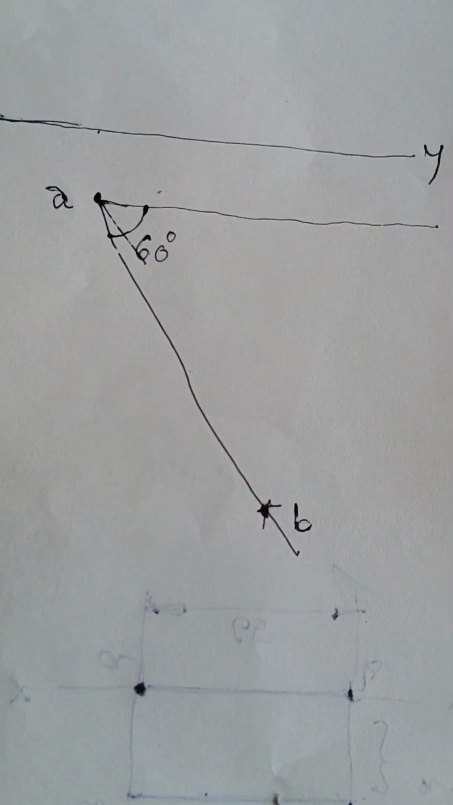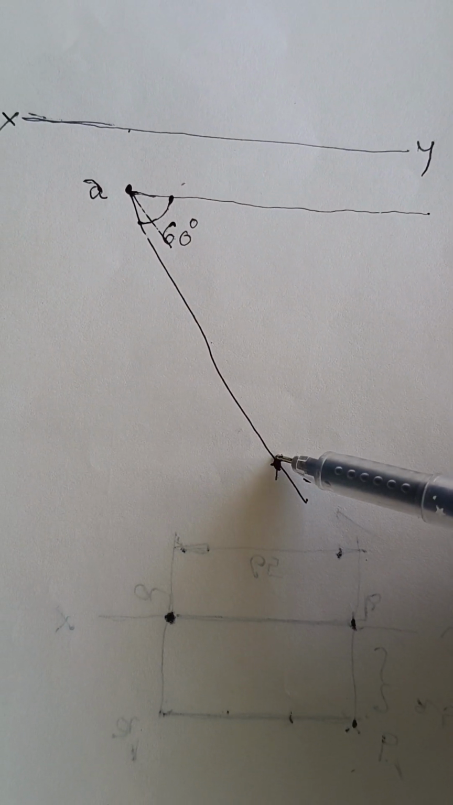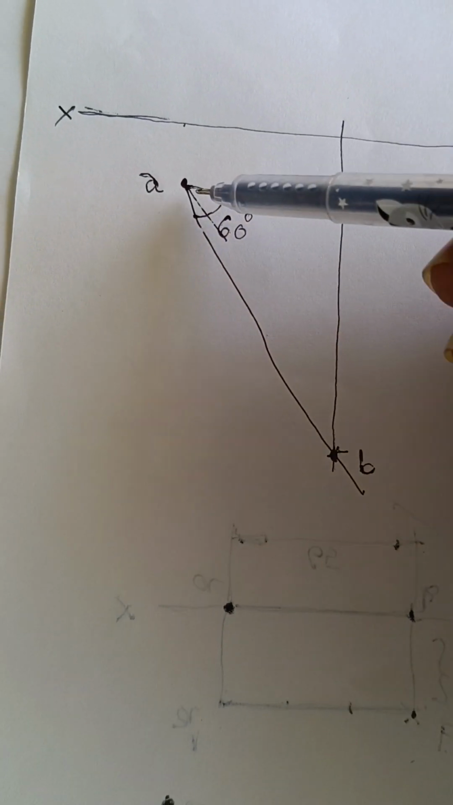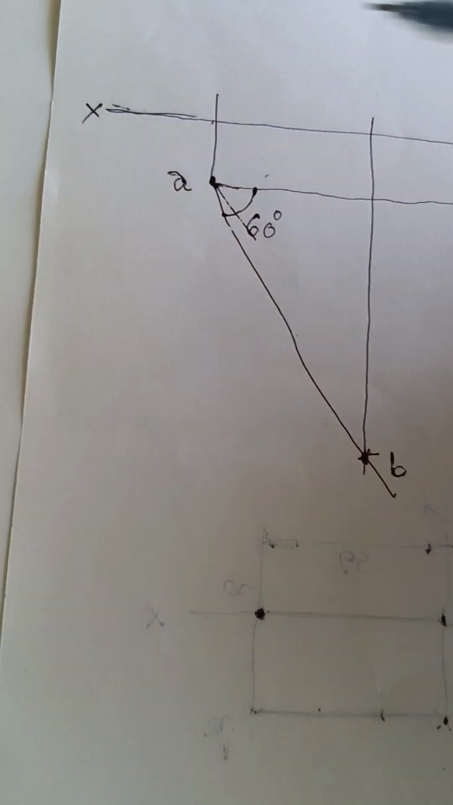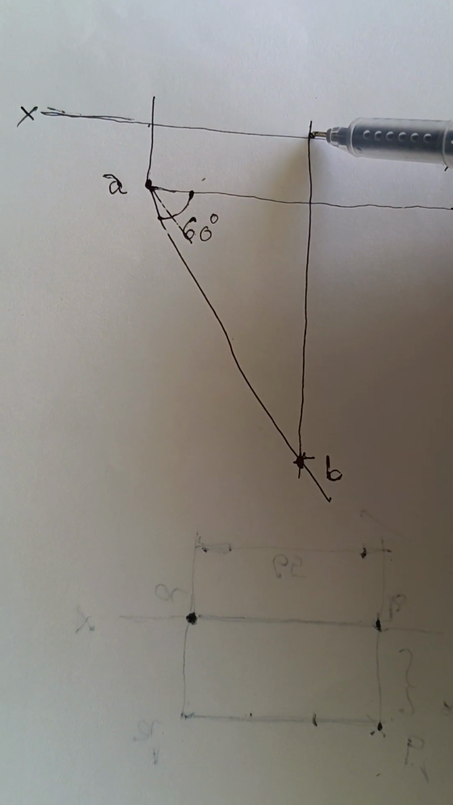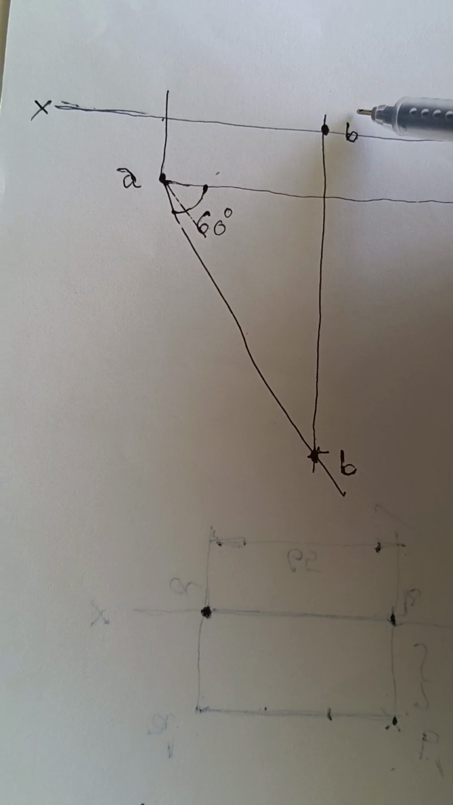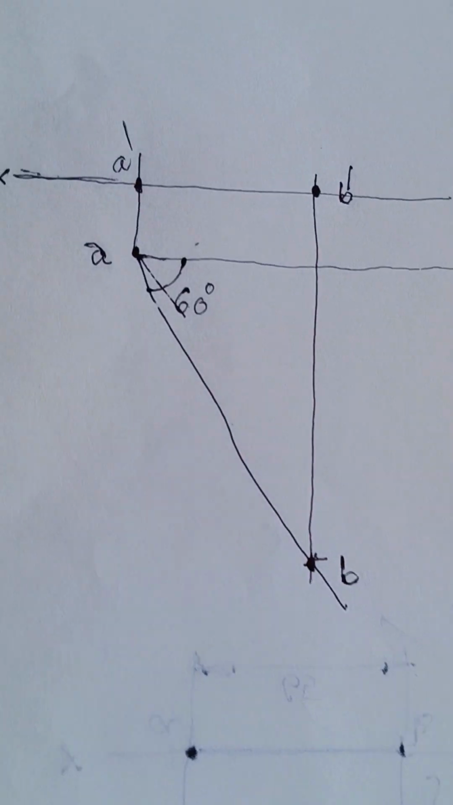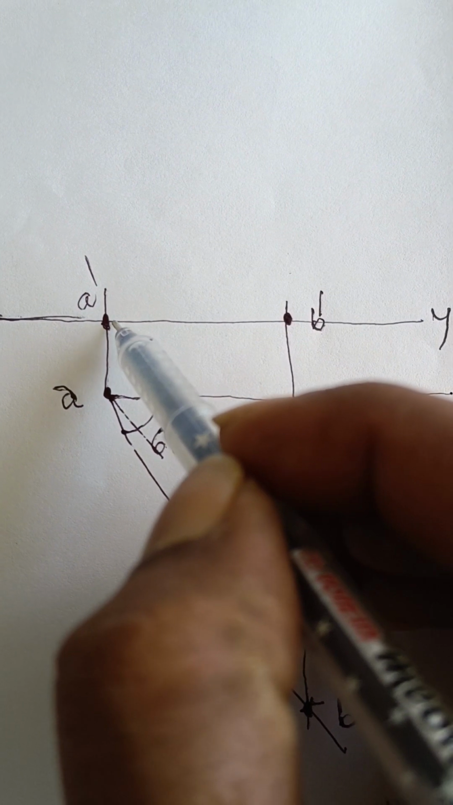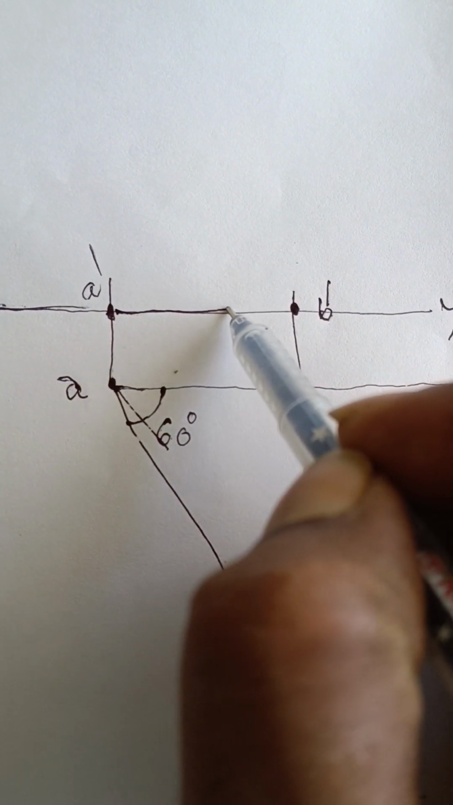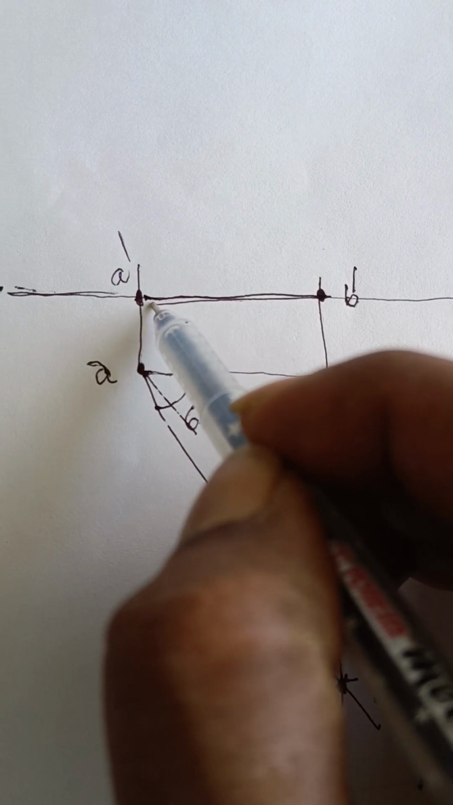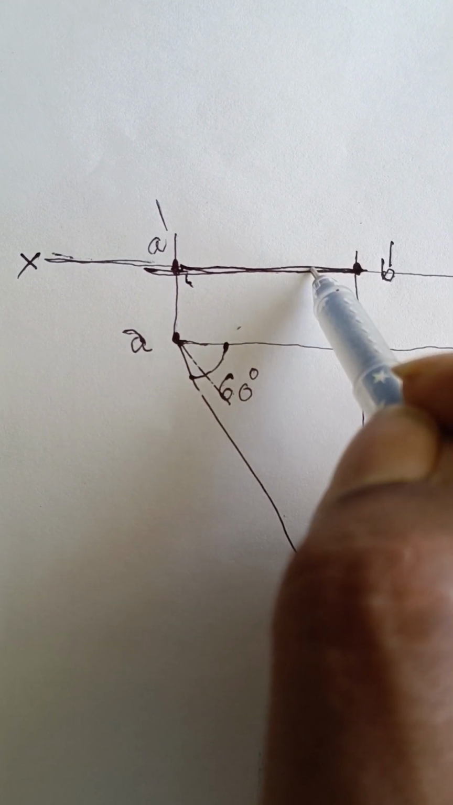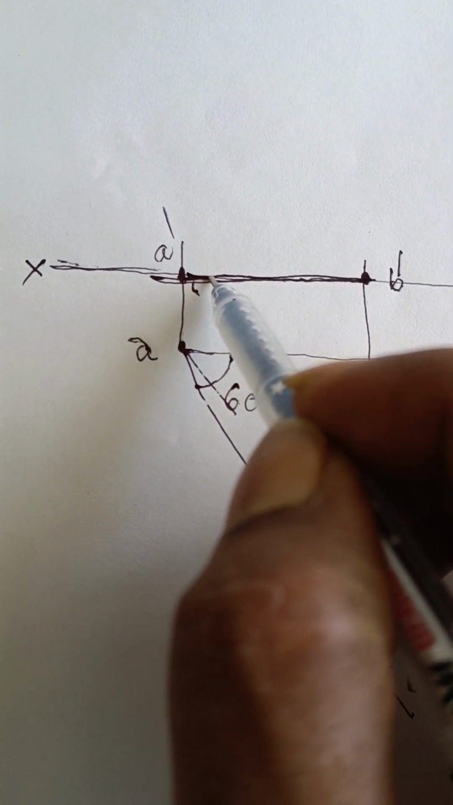After locating B, from B you need to draw a perpendicular up to reach the XY reference line. From A also you need to draw a perpendicular to the XY reference line, and indicate this intersecting point as B dash, and this intersecting point as A dash. In between A dash and B dash you need to darken by making use of a B pencil. Draw a dark line in between A dash and B dash. This will represent the front view of